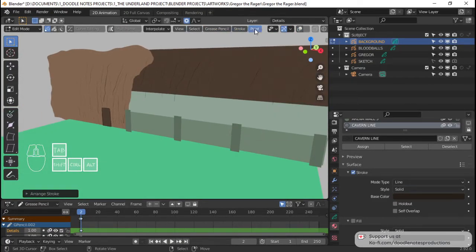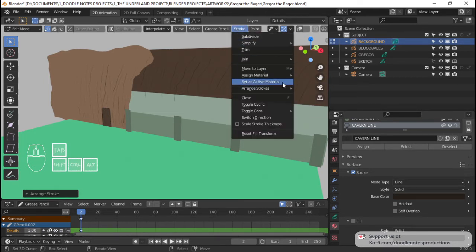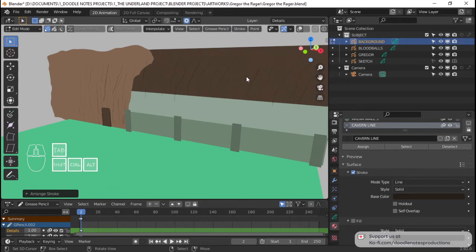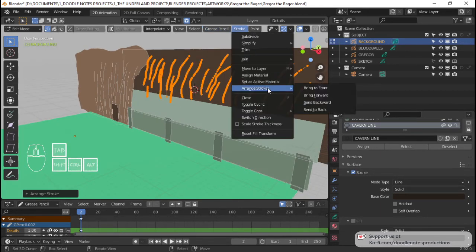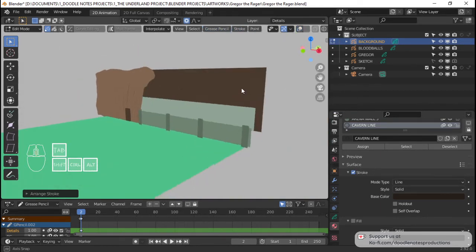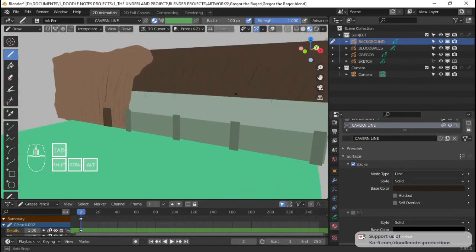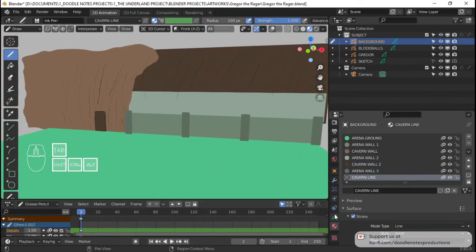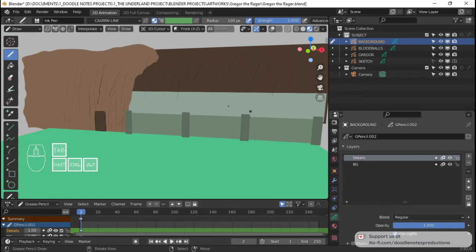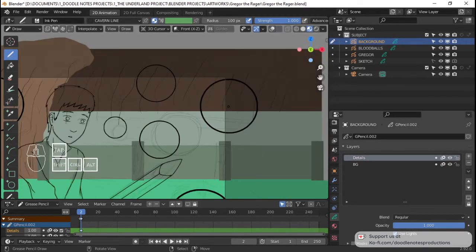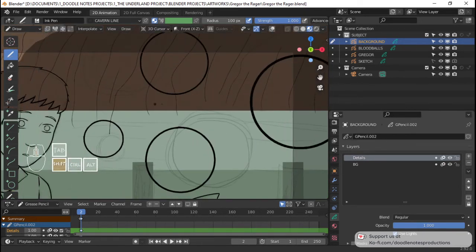Send backward. I'm gonna do this a couple of times until it's right behind. Maybe I do have to go send to back. Oh yeah, it doesn't work because I put it on a different layer. Well, the only way to fix this, I guess, is to